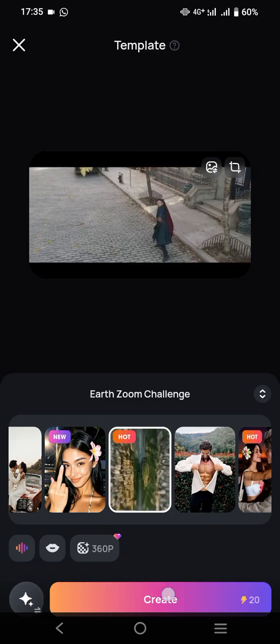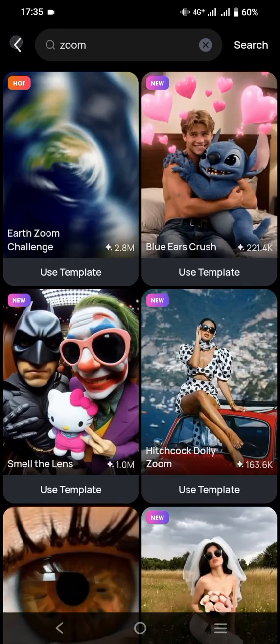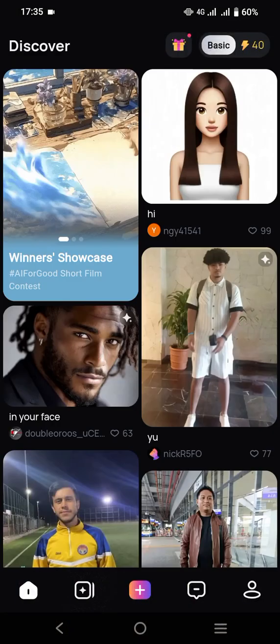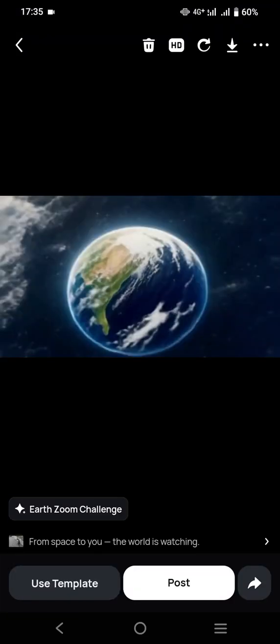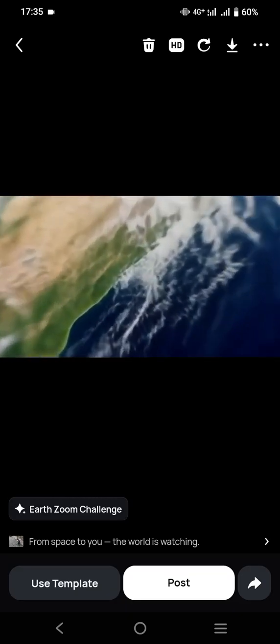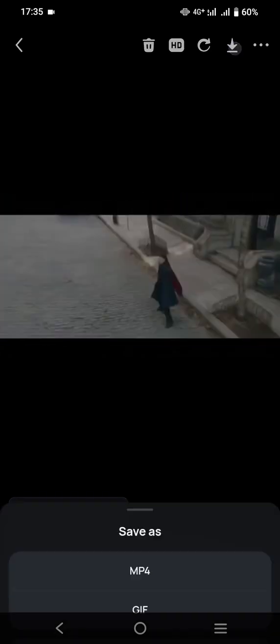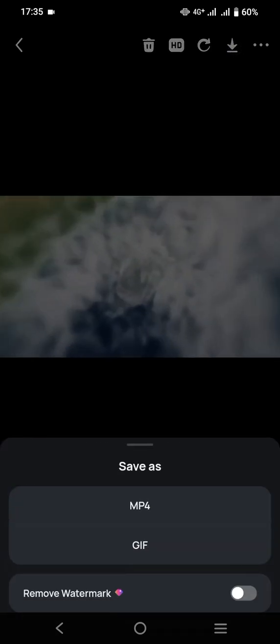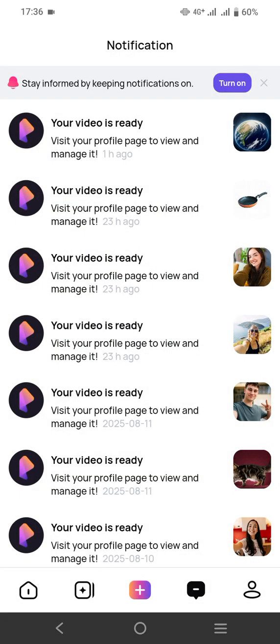Then you can just click this create button, and don't worry because I have prepared it for you guys. As soon as you have clicked the create button, then you can go to the notification, and for example this is the result. And after that, you can simply save or download this video into the MP4 format, and you can move on